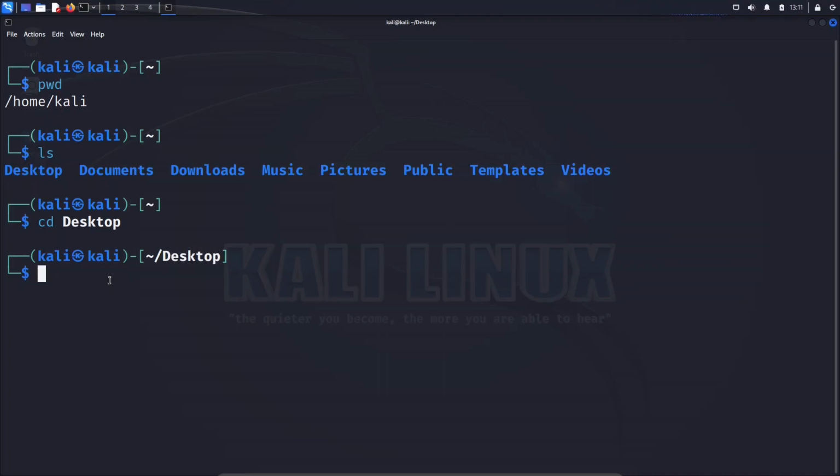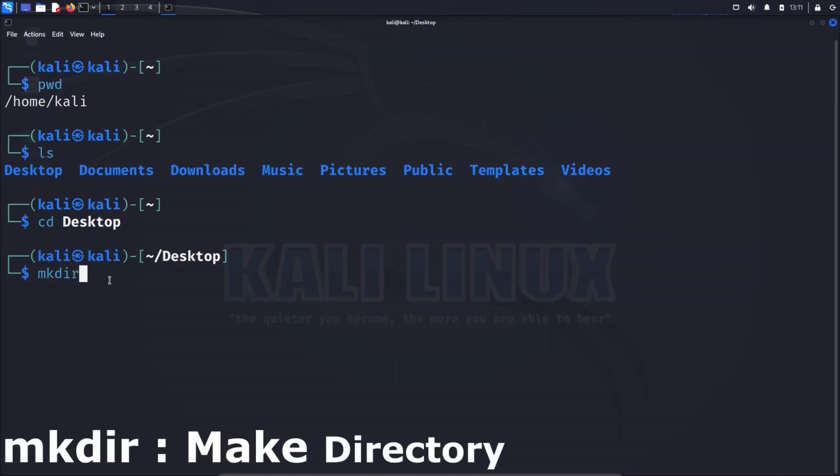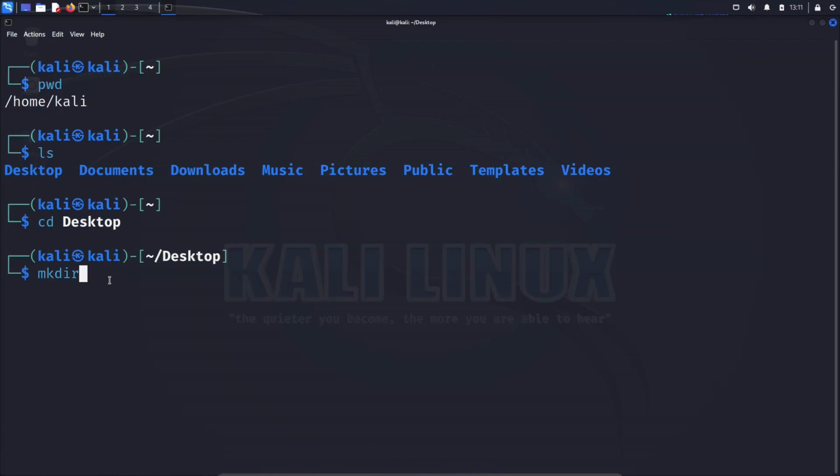Okay, so let's create a directory right now, and the rest of the commands that we will be using will be executed from that particular directory. Now, the command that can help us in this regard is called make directory, mkdir. So if we type mkdir and then give the name of the folder that we want to create, it will create that folder. So let's give it a name called basic commands